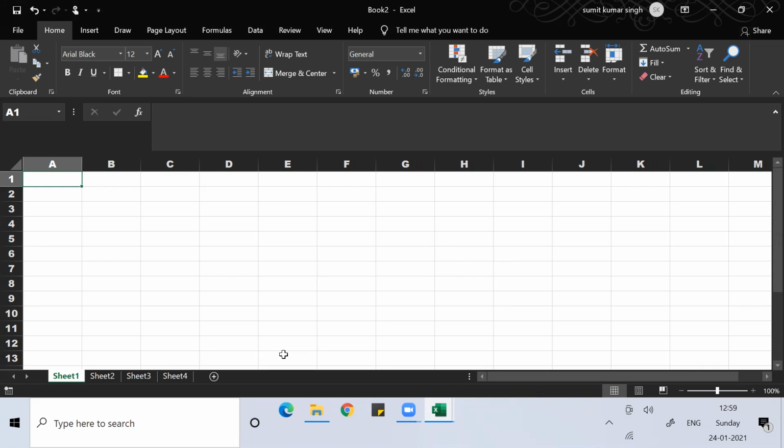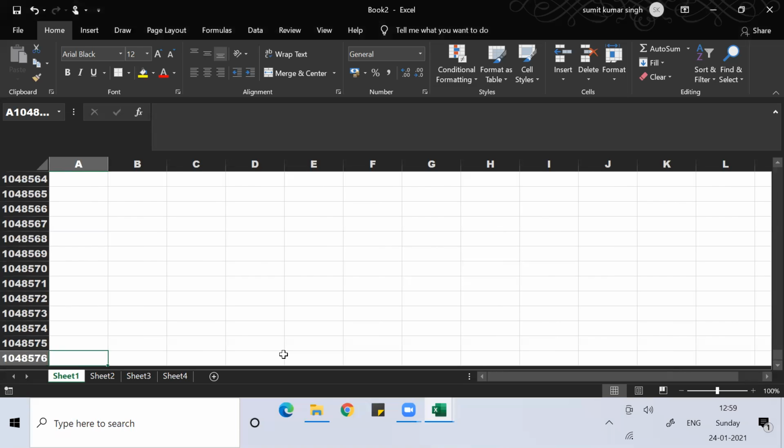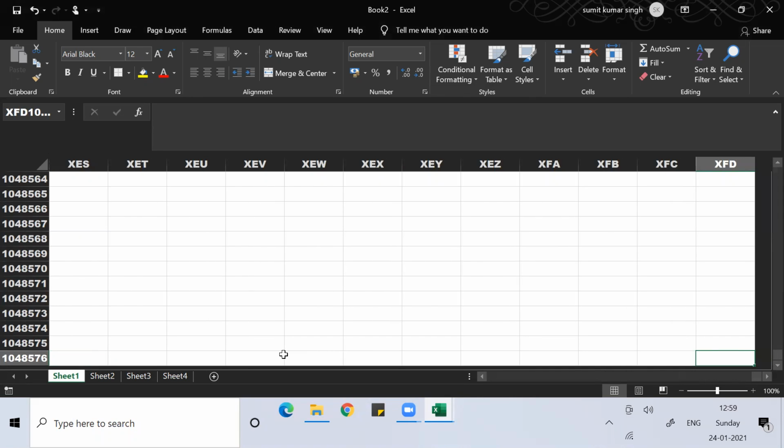When you see the Excel workbook, if you use Control down arrow, you can see the last row. The last row in Excel is 10 lakh 48,576. So in Excel, you have a total of 10 lakh 48,576 rows. If you want to see the last column, you can press Control right arrow.